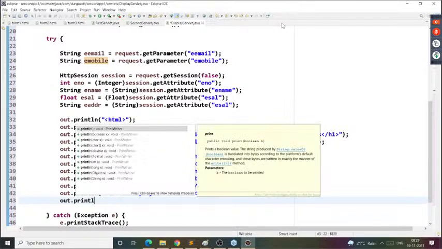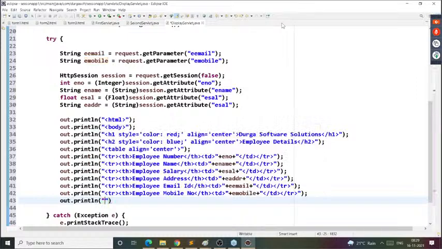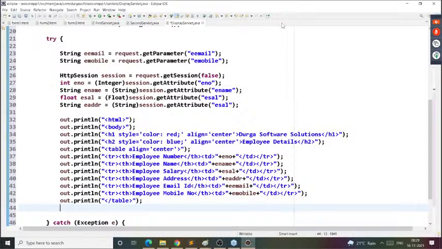Out.println. I need to close all of them. I have to close all of them. Now simply I want to close this table. That's fine. Then after this table, if you want to provide again a link to the first form, for one more user,